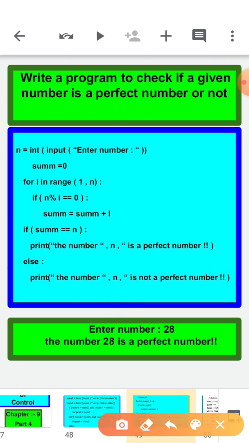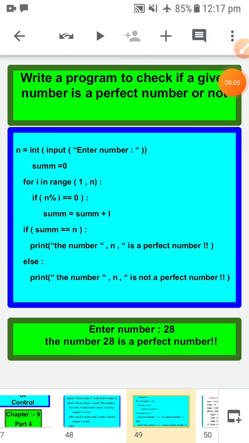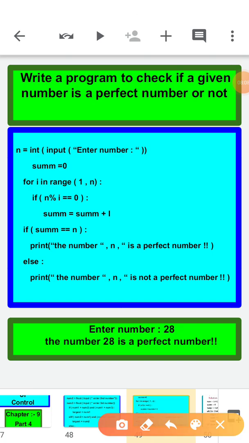Okay. Now, first of all, ask the user to enter a number. So again it is going to be converted into int. It means typecasting is there. Okay, now sum is equal to 0. It means we need to add all the divisors. So for that we need one extra variable. Initially it should be 0, because if we store some value inside that, the addition gets disturbed.